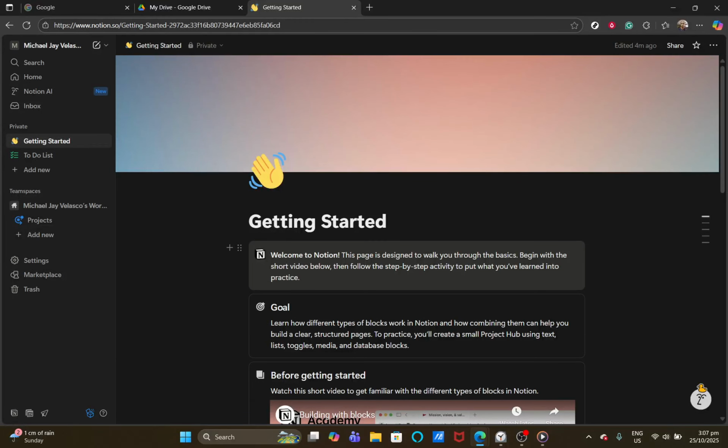In today's video, I'm going to teach you how to integrate Notion with Google Drive. This tutorial is designed to help you seamlessly connect these two powerful tools, enabling you to manage your files and projects more efficiently. By the end of this video, you'll have set up a connection that allows you to streamline